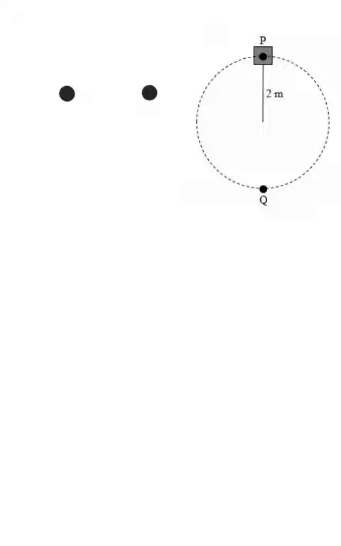A 0.5 kilogram object rotates freely in a vertical circle at the end of a string of length 2 meters. As the object passes through point P at the top, the tension in the string is 20 newtons. So we're going to start by drawing the free body diagram for the object when it's at the top and